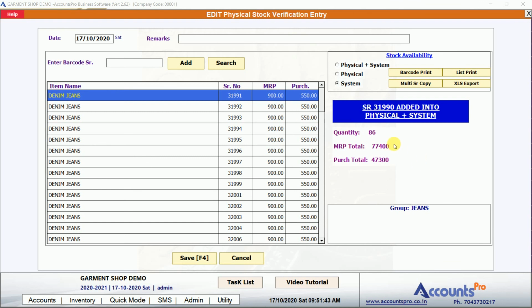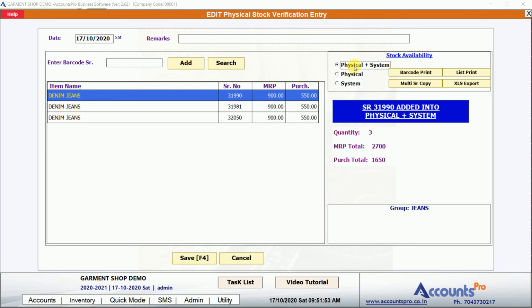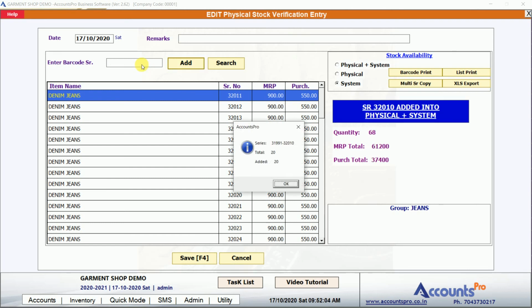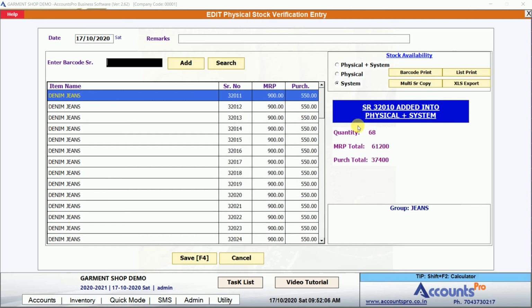So the total is 86, which means you have to enter all the barcodes which are available at your end, and when you enter a barcode it will be removed from the system section and will come into physical plus system. Now 20 barcodes have been entered, so the net barcodes are 68 and physical plus system 21 barcodes.